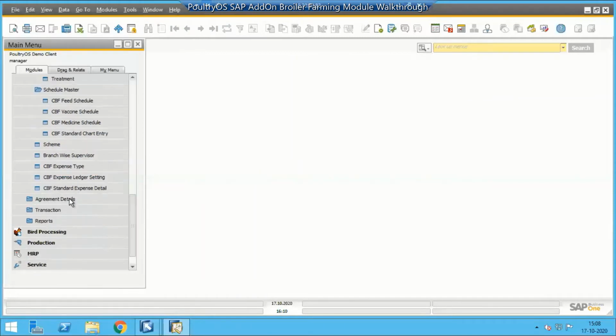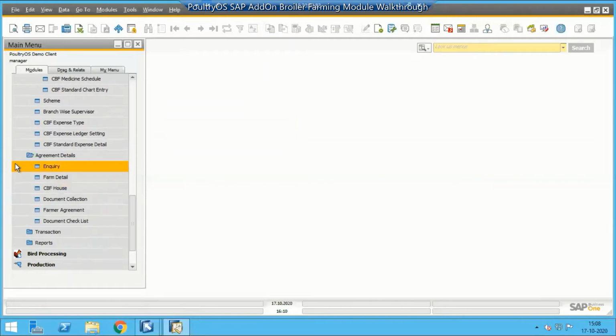Then agreement details. Inquiry is the most important thing. Basically, the company's sales people look for empty farms, because they have to enhance the business. They look for empty farms and fill the inquiry into our system.